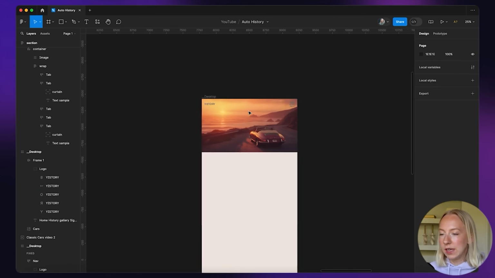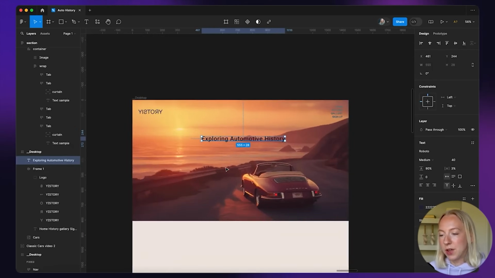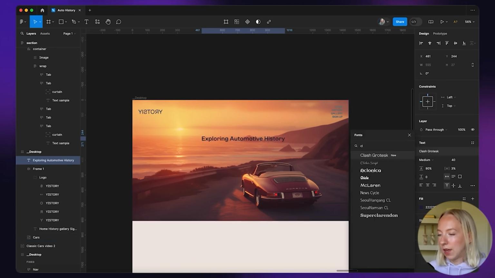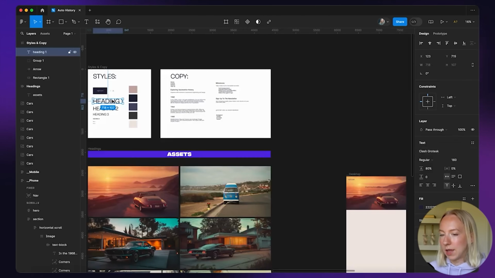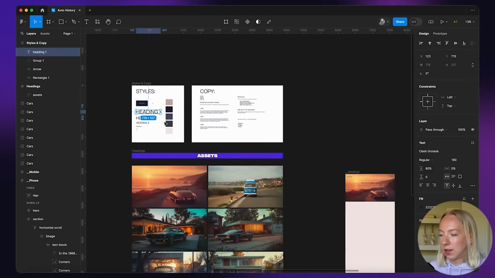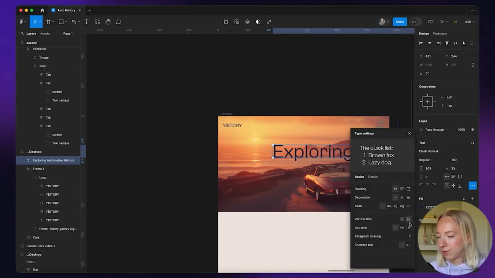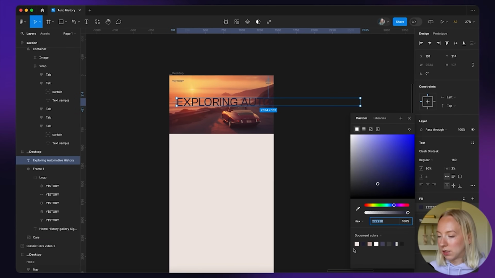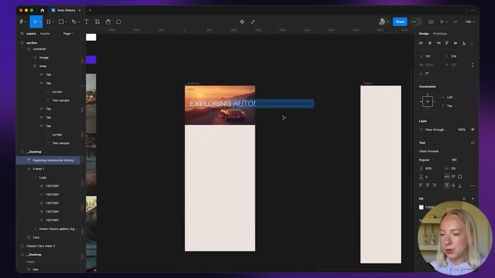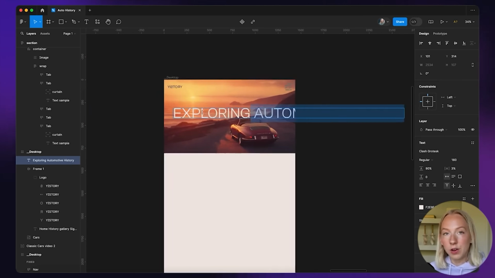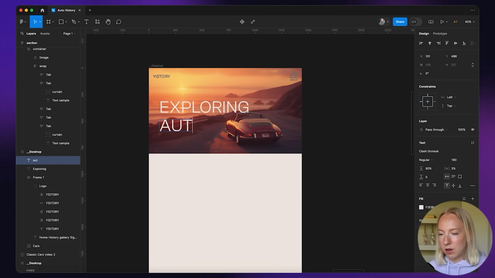So now we're going to need a heading. So let's go up. Exploring automotive history is going to be our heading here, but we're going to make it this font Clash Grotesque. We'll do regular, and this text style here is 160 and all caps. I'm going to make this one of our lighter colors so you can really see it. And I'm actually going to separate this out so that they're on different lines and can be sort of manipulated differently. So exploring automotive